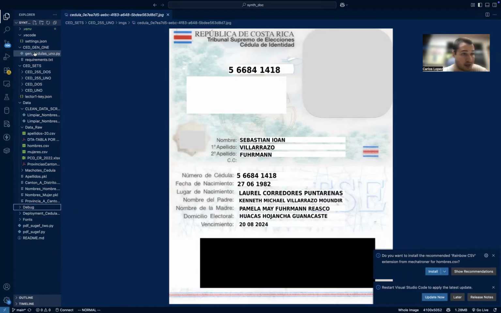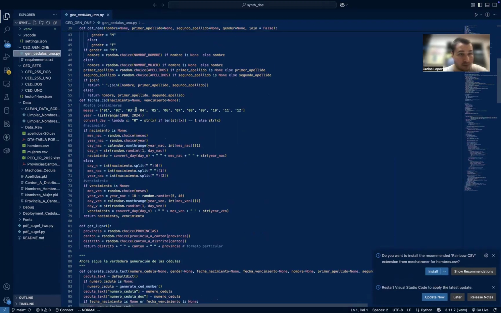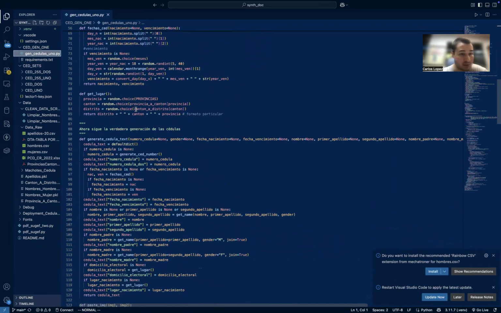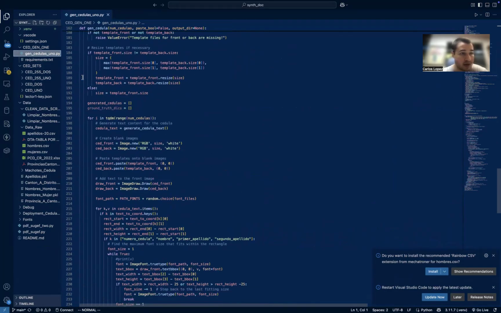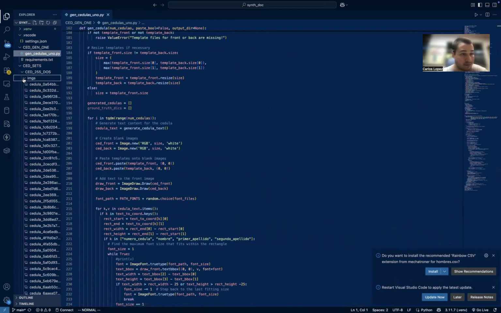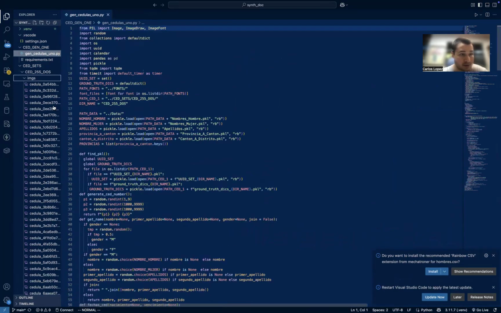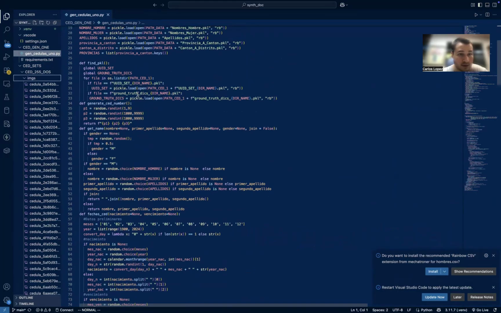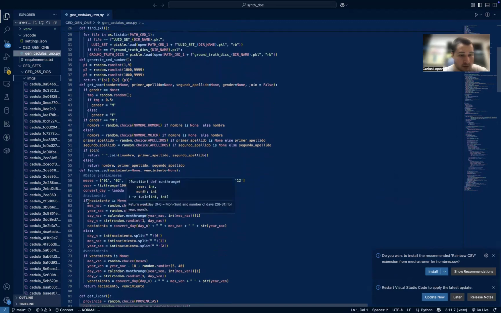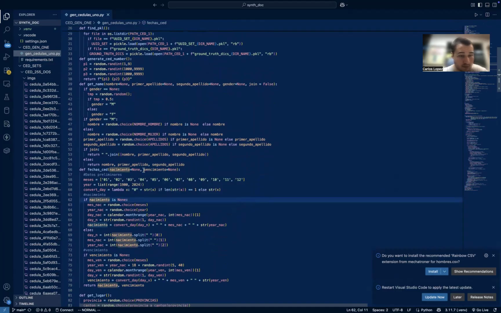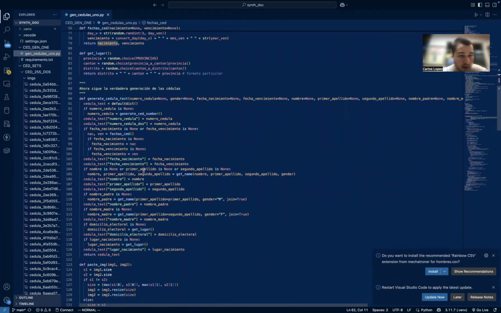However, once I finished all that, I worked with a generation of células, okay? So basically, the document did was a generation of the células, okay? And each célula had to have a UUID. That way, the file had a particular name. So it's célula UUID, as you can see. It returns a UUID for the célula. You get the name, you get the dates, obviously using a random.choice, okay? And then here we have the main function that is generating the célula text. Okay, so you have